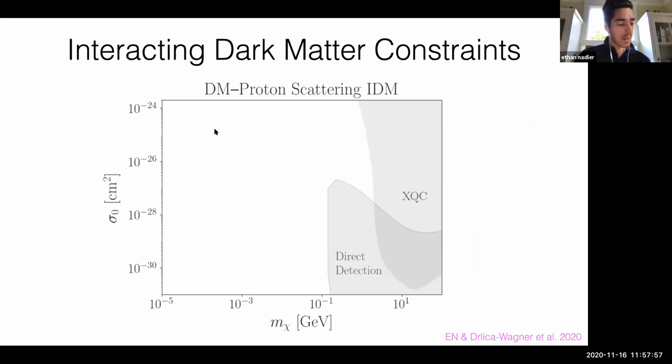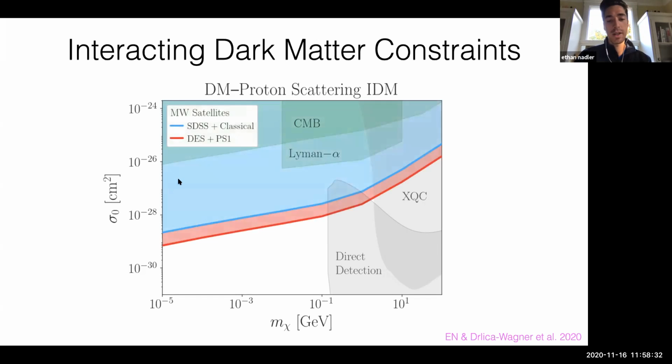So to show you what this looks like, this plot is for the interacting dark matter model. It shows the mass of the dark matter on the x-axis and its velocity independent cross-section with protons on the y-axis. So you see direct detection constraints, other terrestrial experiments here. These are generically very difficult to push to low mass, right? Just because the energy recoils are so small there. Cosmological constraints help, right? Essentially, they're not inhibited at these low masses. And as you push to smaller scales, you gain in sensitivity.